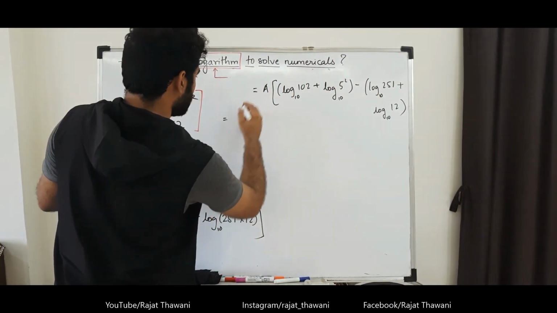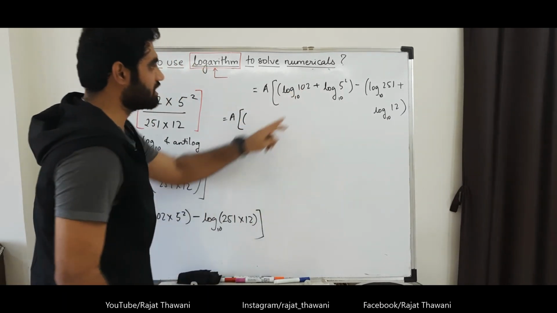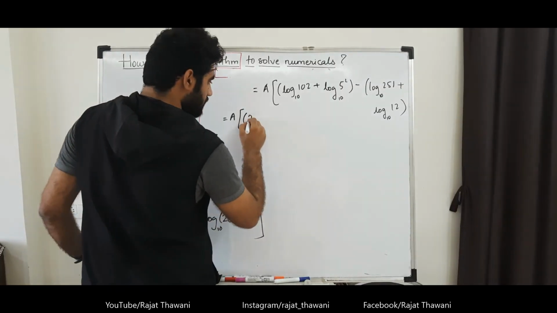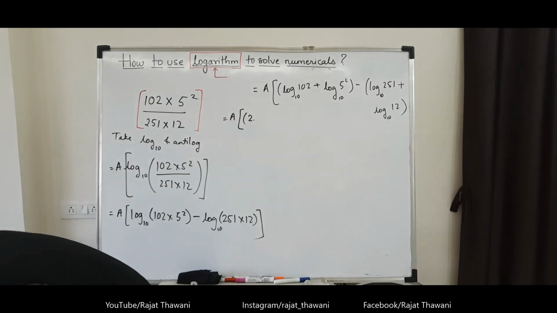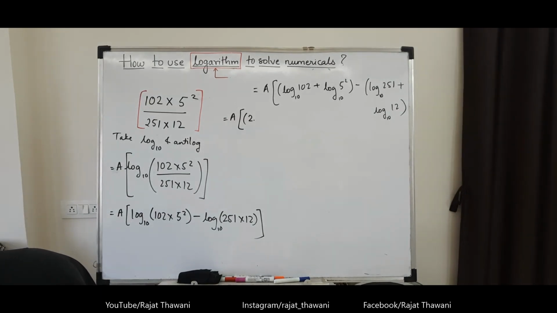Now let's find out the log values. Log of 102. How many digits are there? 1, 2, 3. 3 digits. So 3 minus 1, 2 will be the characteristic. And tens 2, right? In the third column, as 0 is present, there will be the third column. So I am seeing for 10, for 10 I am seeing in 2. That is 0086.